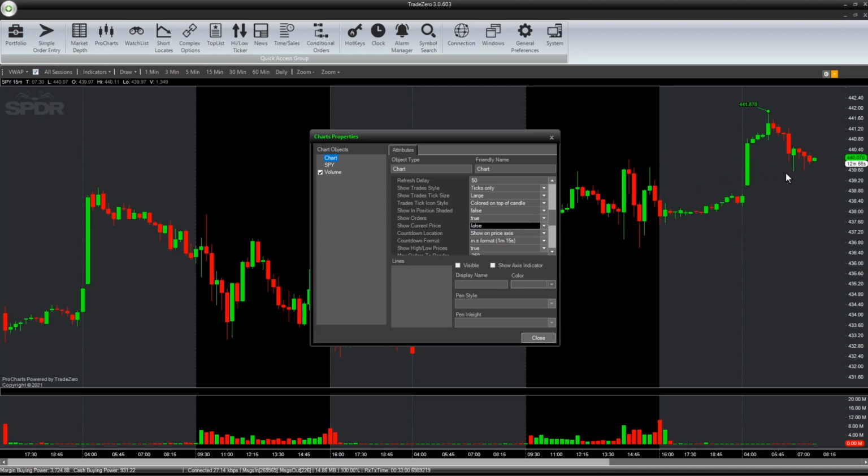There you go, it's all gone. I don't think you need that because you're already having that price on the right side anyways. So I'll get rid of that. Countdown location. So basically what you get here under the price is a countdown to when that candle is gonna